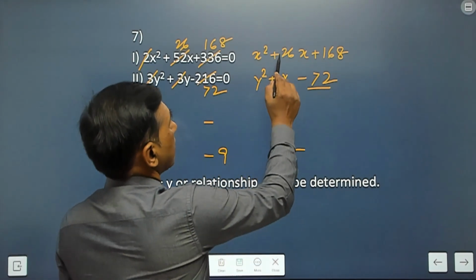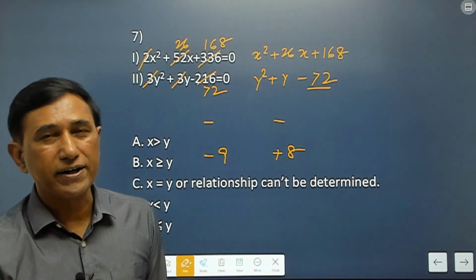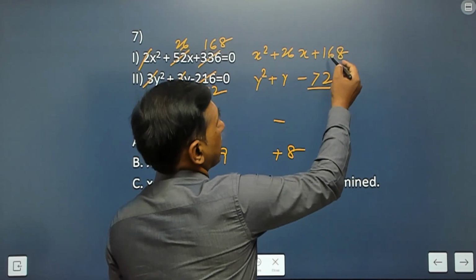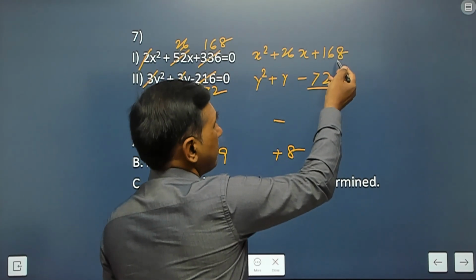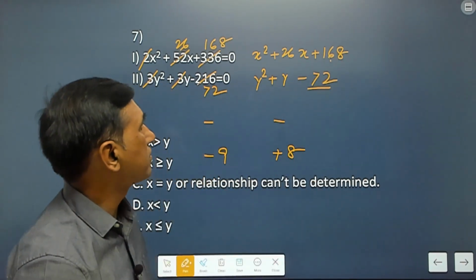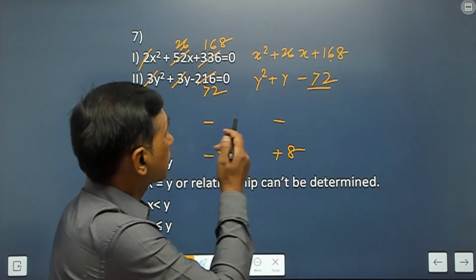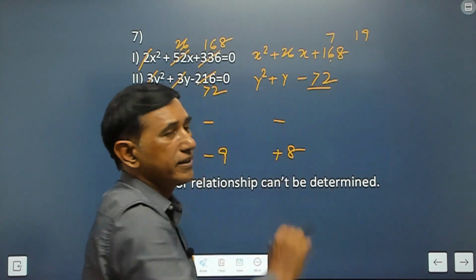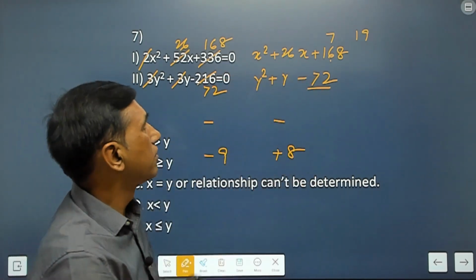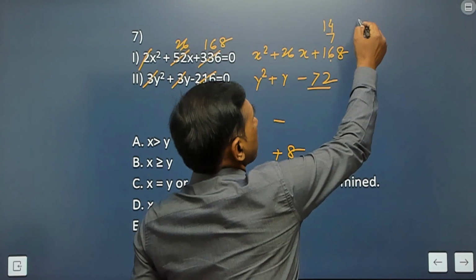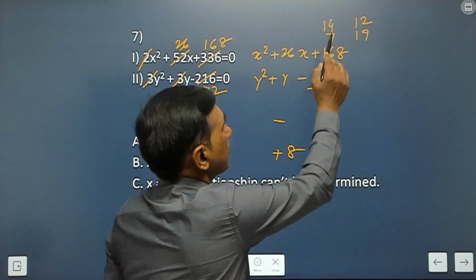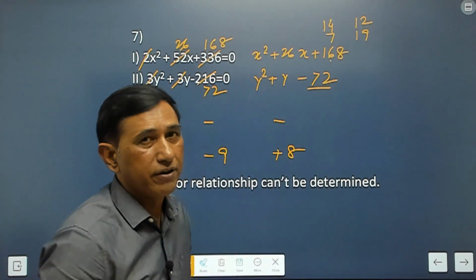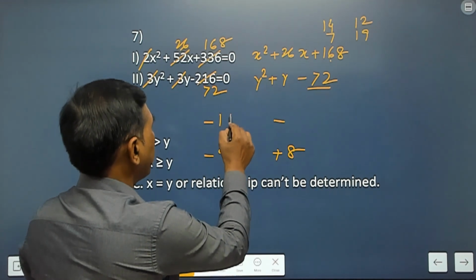Here, 168, you have to find out the prime. 7, if you take, then okay, it's multiple of 7, 7 twos are 14, 7 fours are 28. Now the question is that 7 and this is 26. 7 into 19, you won't get 168. So then 14 and 12, 14 plus 12 is 26. So 14 into 12 is giving you 168. So another pair is minus